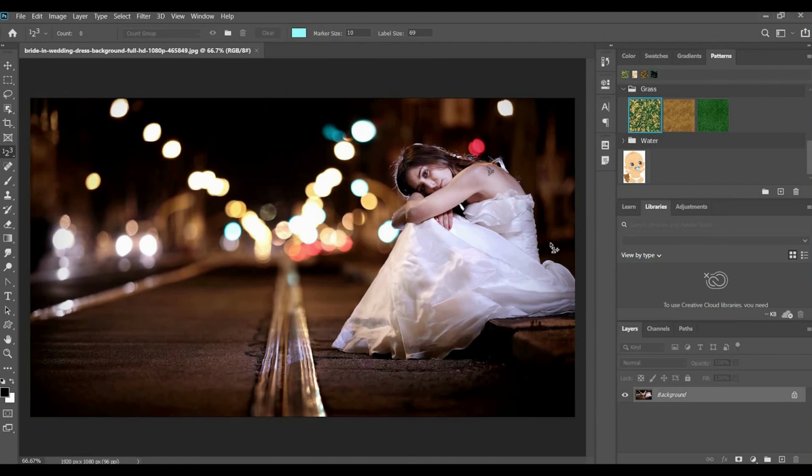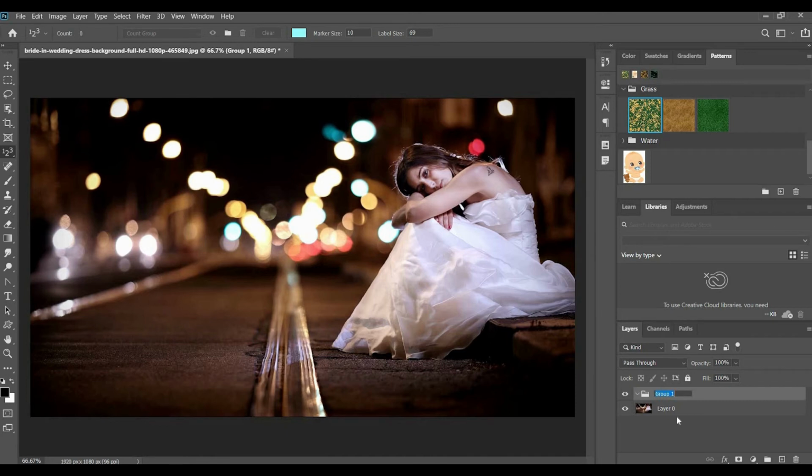Okay, let me take this image. So for creating a group, see in the top right corner you have a folder-like icon. Just click on that. One new group will be created. You can name it anything you want.